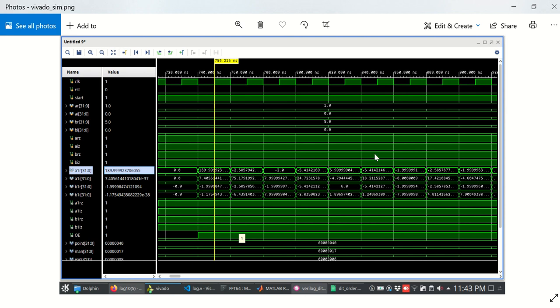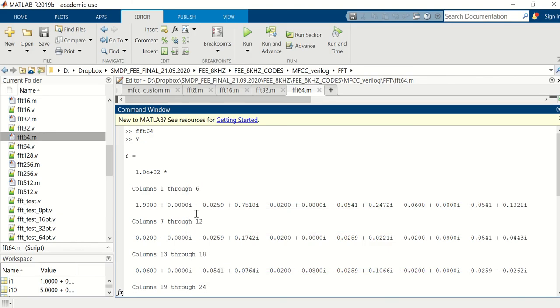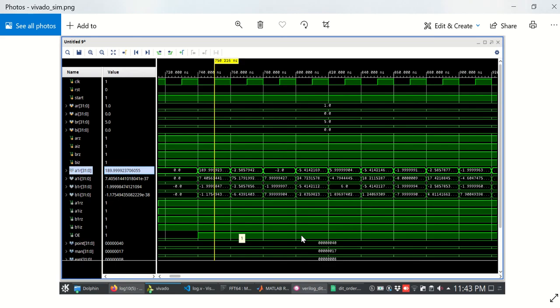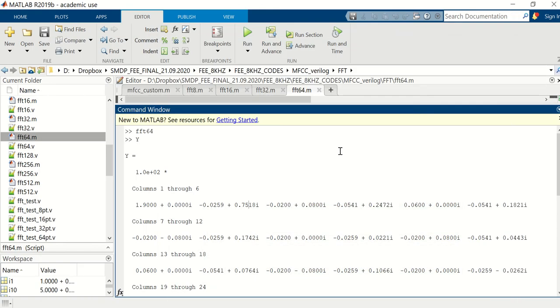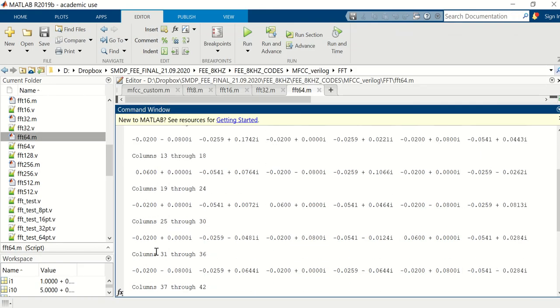And the second output is minus 2.58 into 10, so minus 2.59 plus 75i is the second output. Yes, so this is how it goes. And now let's see this 33rd output. The 33rd output is minus 1.99 plus, sorry, minus i 1.75 e power minus 38, so 0. So nearly minus 2 plus i0 is the 33rd output.